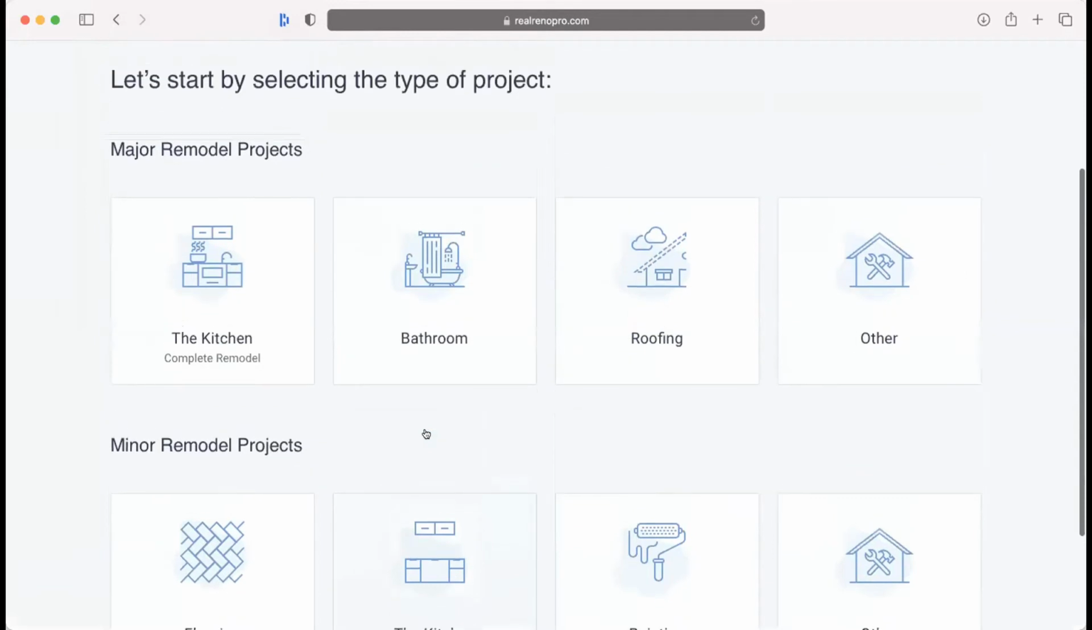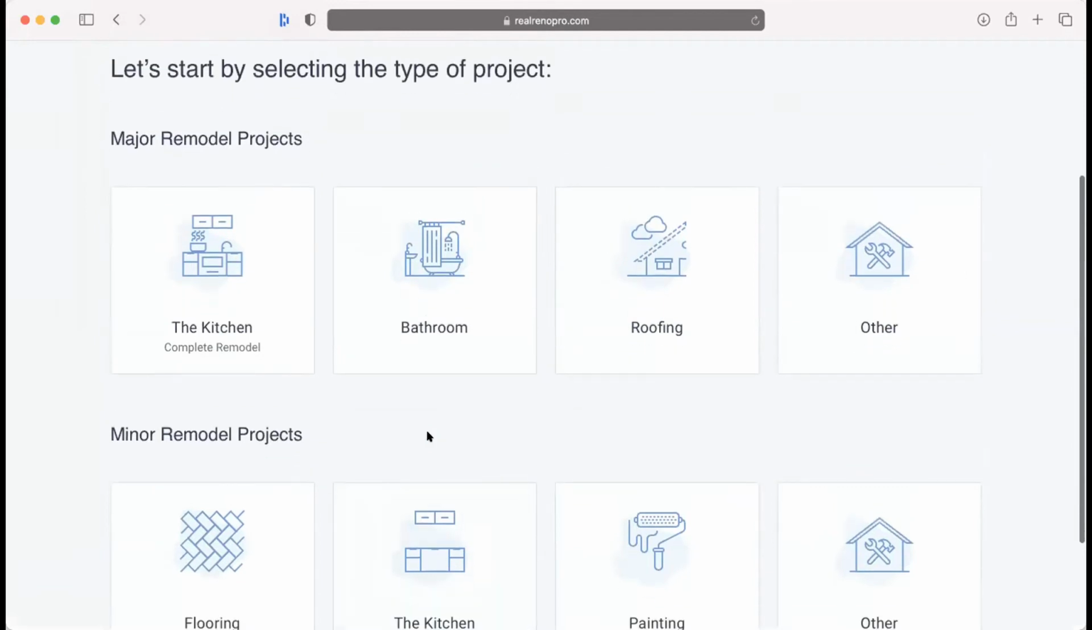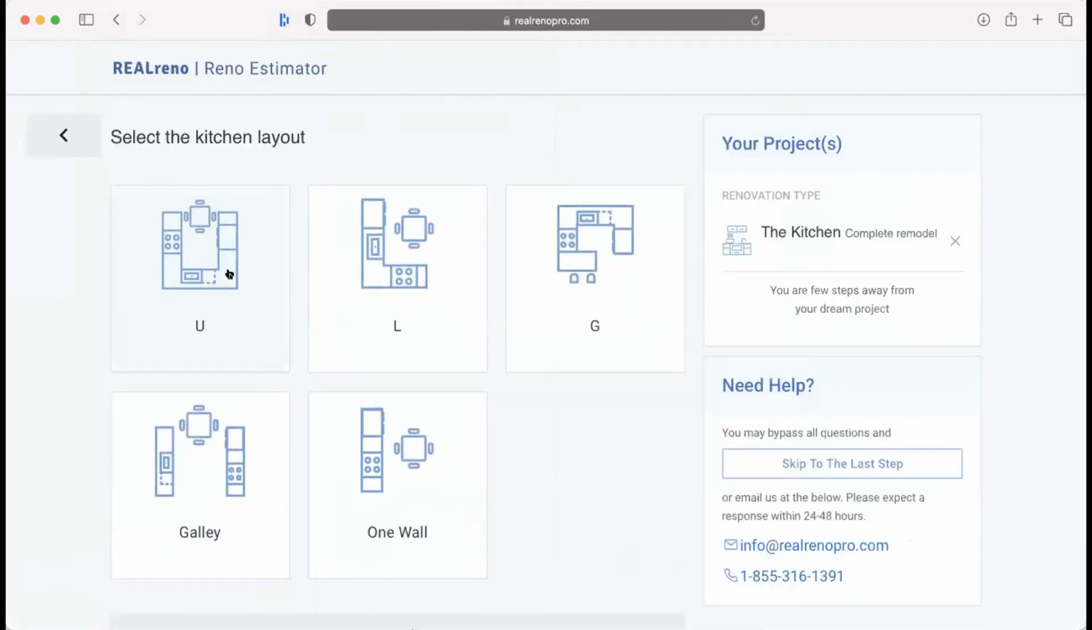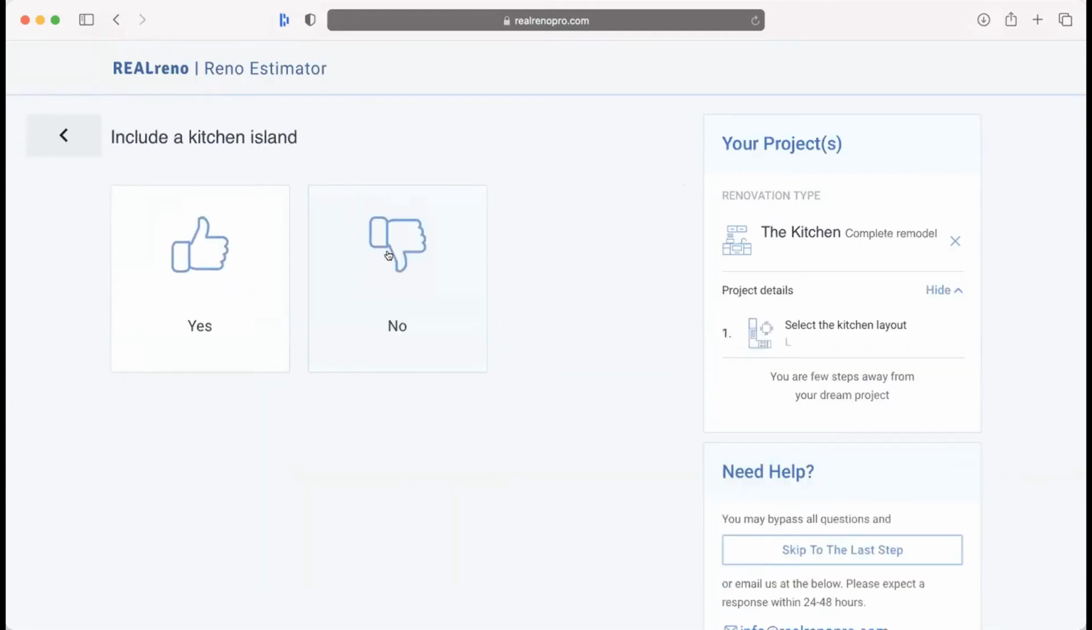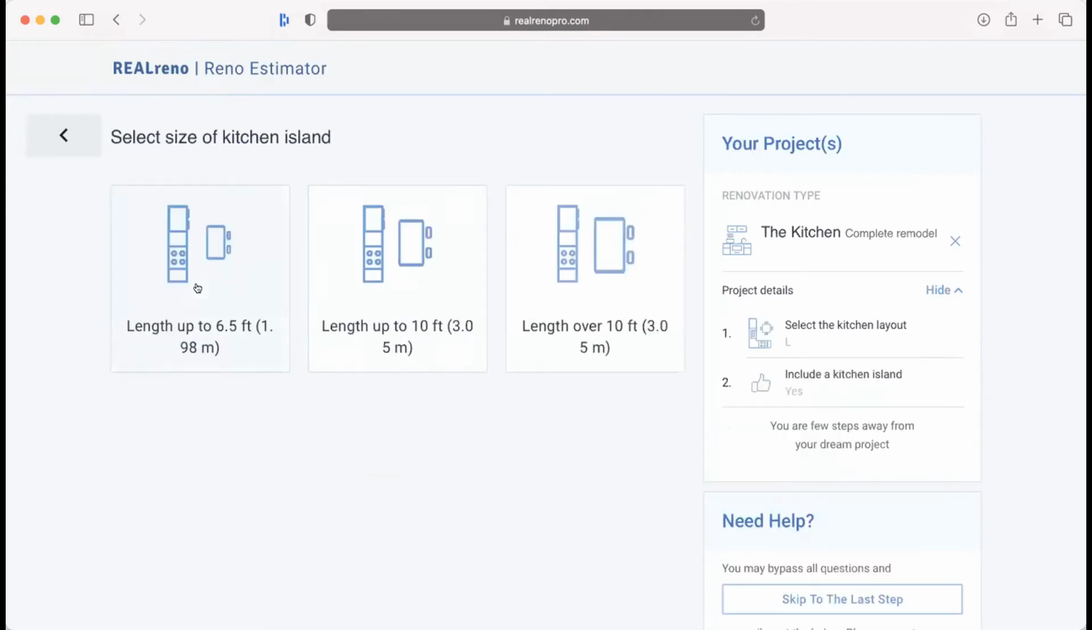So let's take the kitchen for an example so we can go through the flow. You would just simply click on the kitchen remodel. It asks you what type of layout you have or what you would prefer. So you would have these common layouts. I'll select, let's say, the L shape. It will ask you if you want to include a kitchen island in the remodeling, yes or no. So I'll select yes. The size, we give you 3 different size ranges